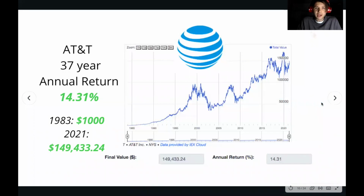So now let's compare AT&T to the S&P 500. S&P 500 is the top 500 companies in the United States, which also includes Johnson & Johnson and AT&T. So AT&T's 37-year annual return average is 14.31%. In 1983, if you had put $1,000 into AT&T, well, by 2021, it would be almost